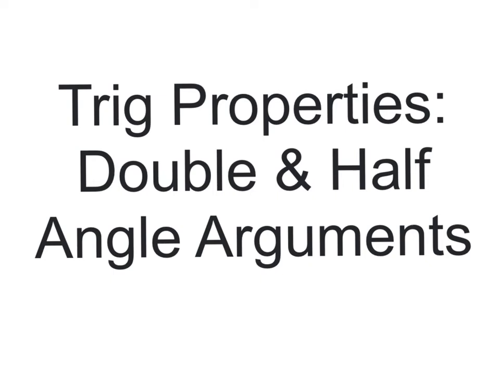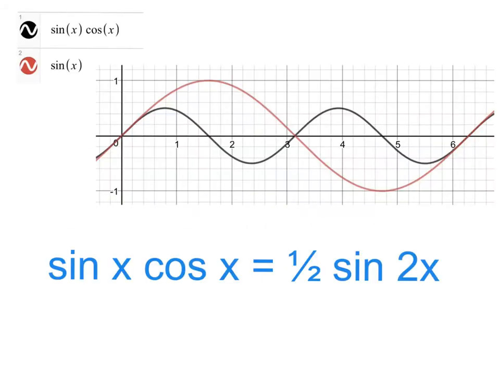In this video, we're going to talk about trig properties of double and half angle arguments. What we have here is a graph of sine x times cosine of x in black, compared to the regular graph of the parent function of sine x. What it looks like is that this sine x times cos x is about half the amplitude of our regular sine x and completes a period